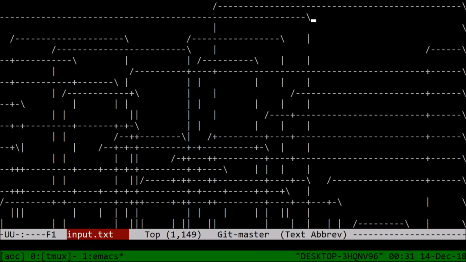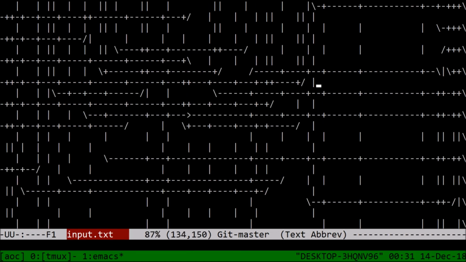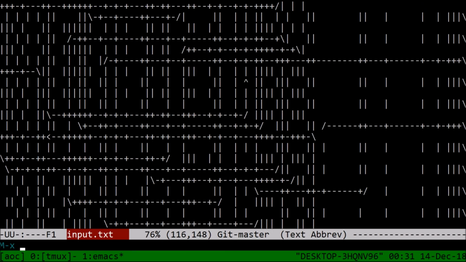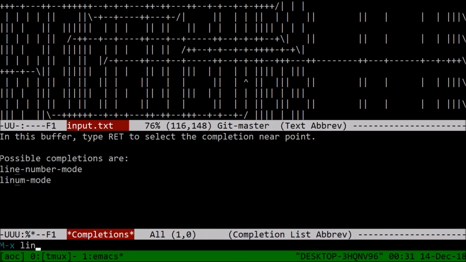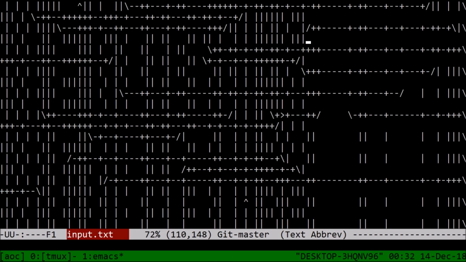Because I didn't give that one to Emacs, right? It's a little bit hard to tell. Long line, no. Line wrap. It's called long line mode or something, I thought. The mode that makes you,